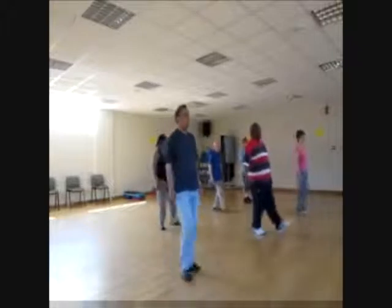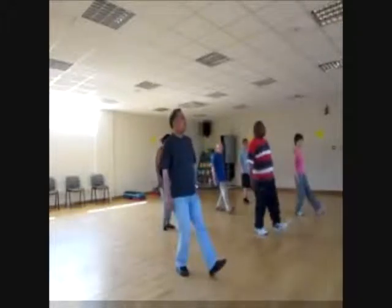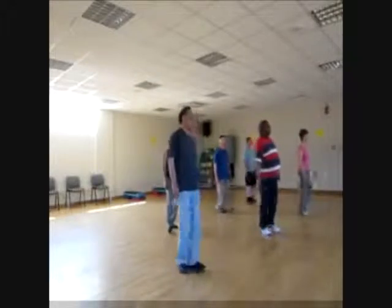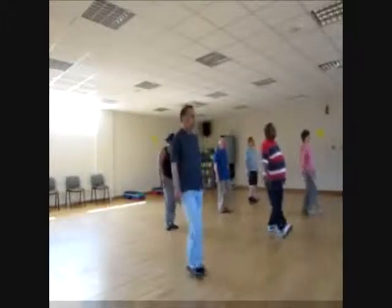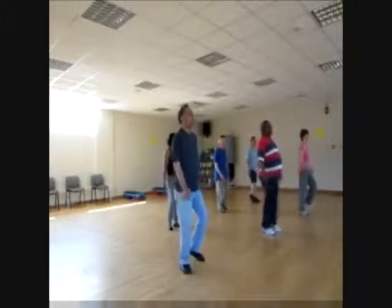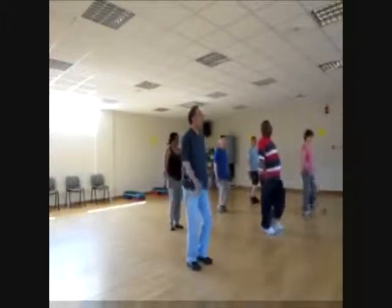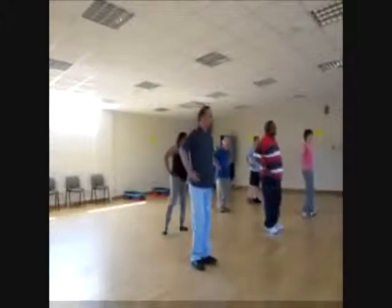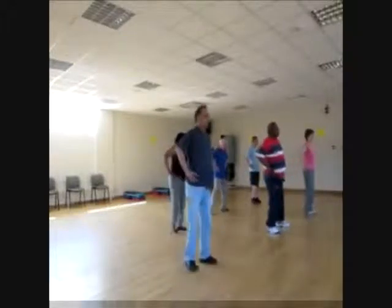This one is heel digs, tapping the heels out in front, being careful not to overstride because you may lose your balance. Again, breathing throughout, and always nice tall posture. In between each movement, marching on the spot once again. Gather your breath, stand nice and tall, preparing yourself for your next movement. There we go. Next movement,